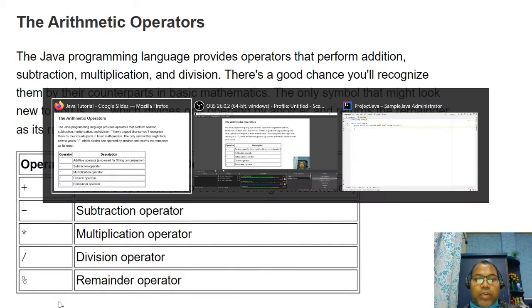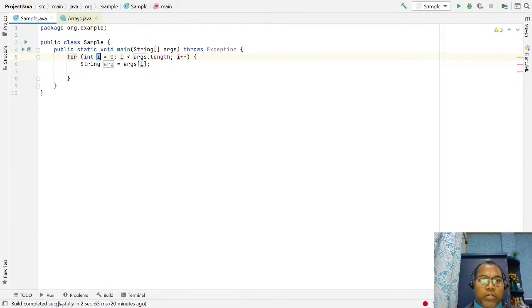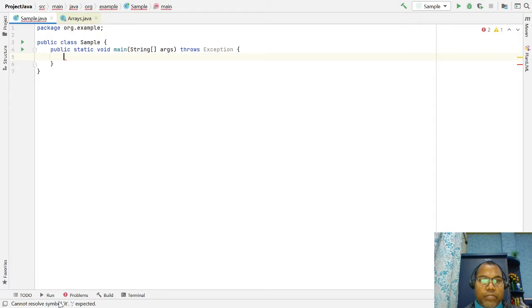Let's look at an example. Let's say int a equal to 5, int b equal to 2.